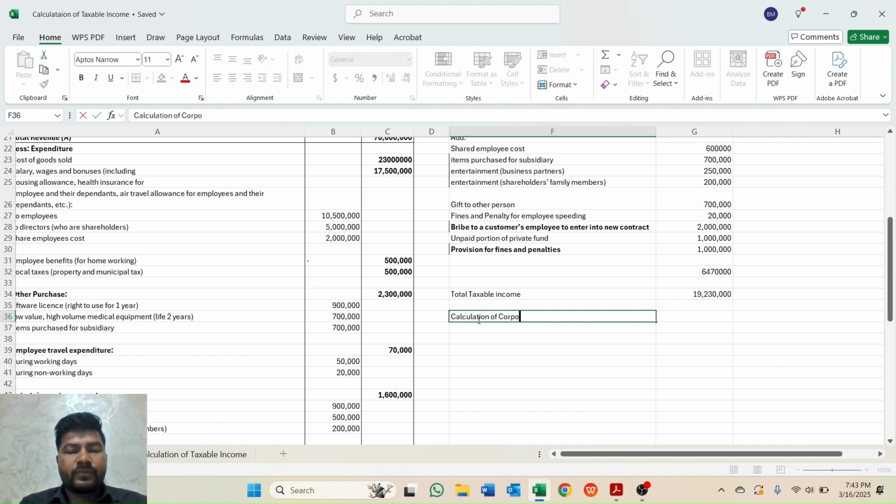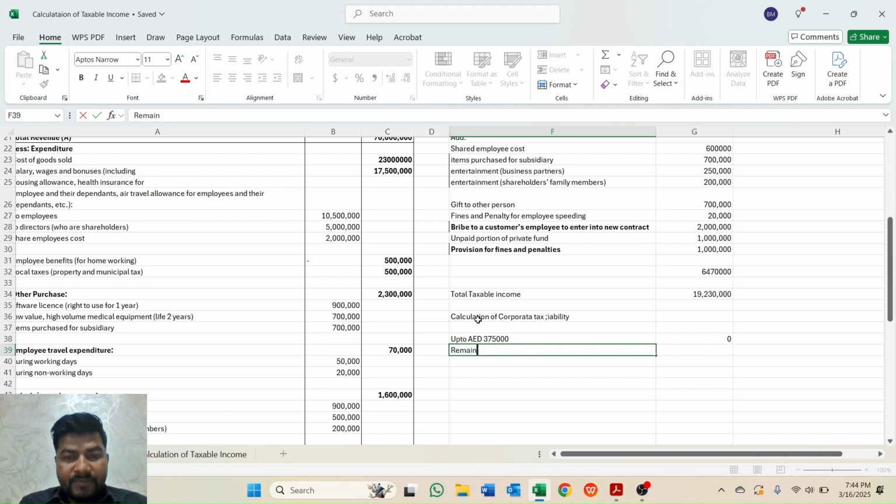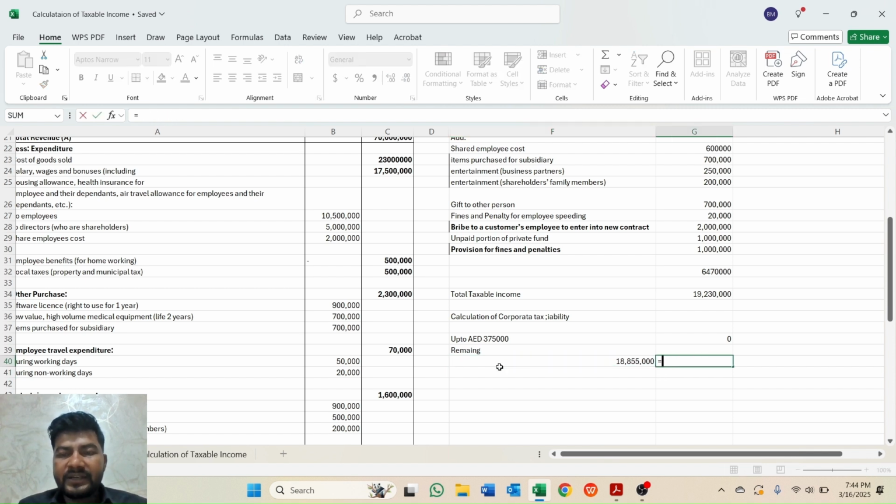Calculation of corporate tax liability. So you can see up to 375,000 it is zero, and the remaining amount, this minus 375,000, altogether this amount will be calculated at the rate of 9%. So total tax liability is